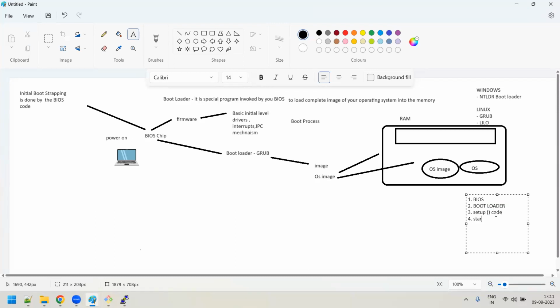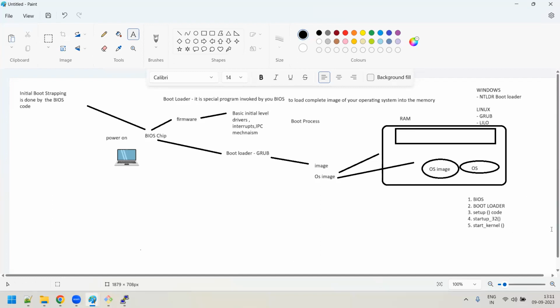Fourth step is startup_32 code. And finally is start_kernel. This is what the routines are. It is getting called to boot the complete booting. But in a very high level, I'm saying this is how it happened. But how all of this will happen, there are internal functions. These are written, sir. These functions will get called.